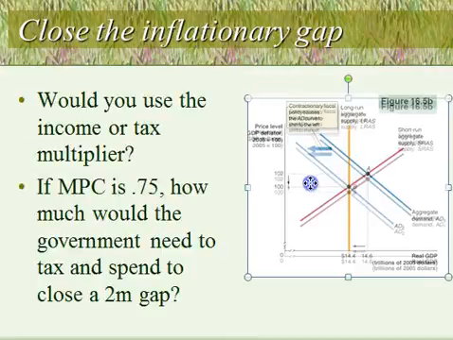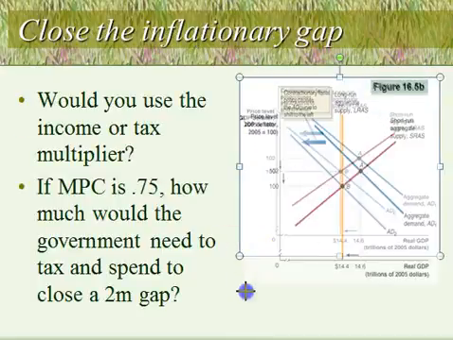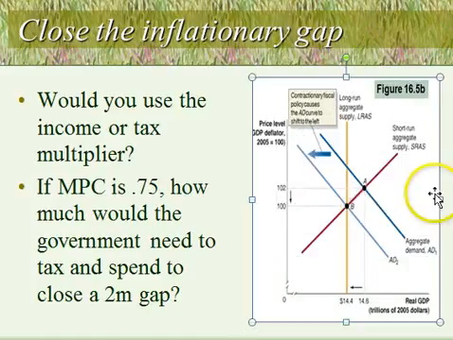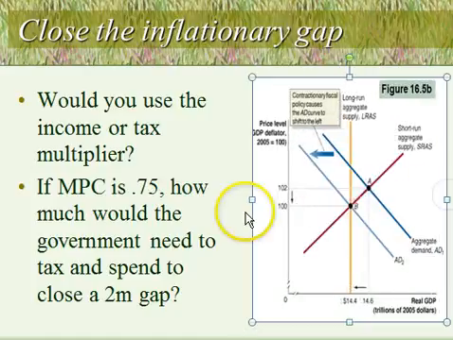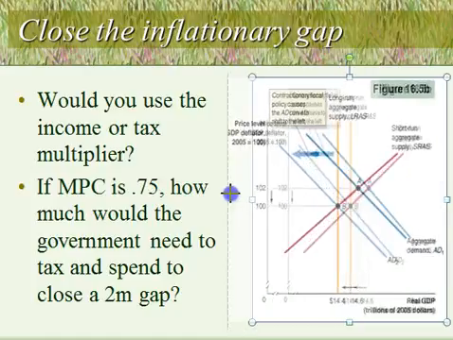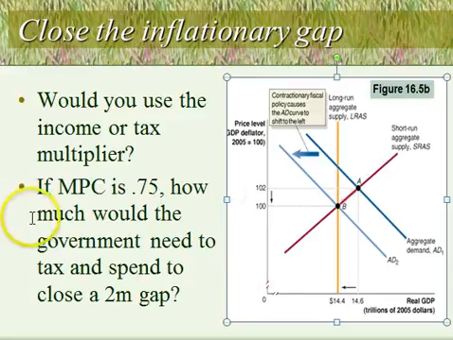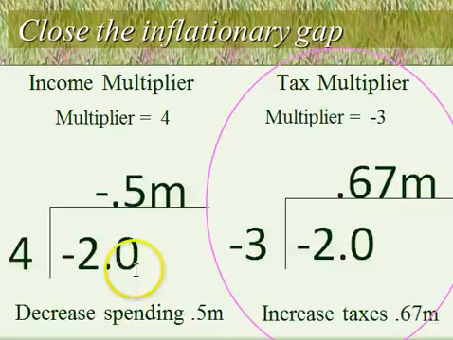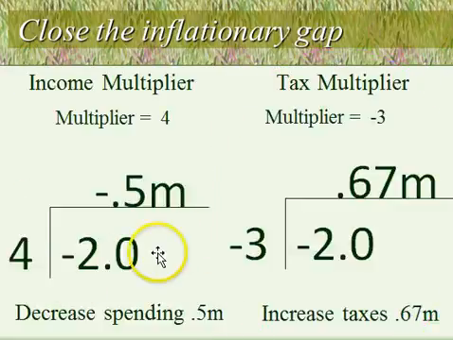So what we're going to do is we're going to look at the same figures just to keep it consistent, and we've got to figure out, are we going to use the tax multiplier or the income multiplier? And in this instance, we have the same MPC, and we're going to close the same gap. So first, we go ahead and identify what we'd have to do in this economy. And we've got this inflation, and the government could decrease spending by $500,000, or they could increase taxes by